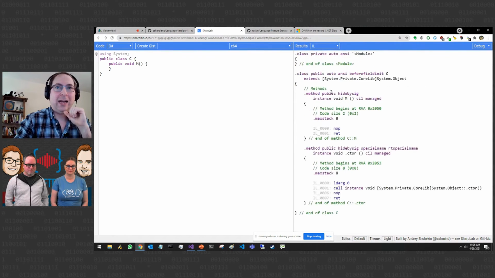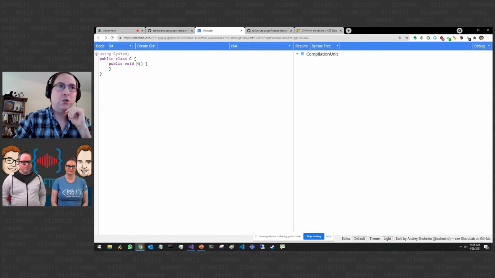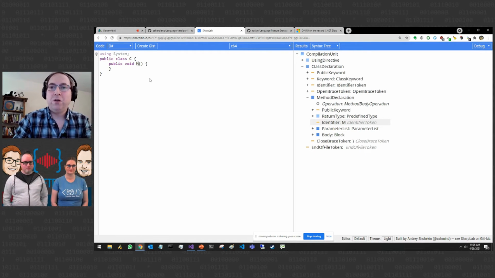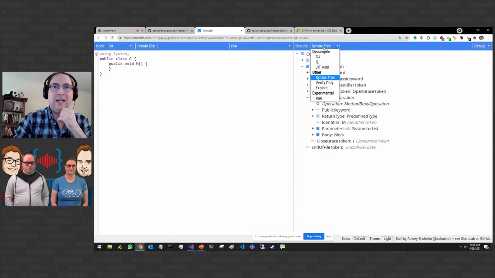It can show you the IL. This is where I would go and check those kind of situations that I mentioned. You can see the syntax tree, which is useful. For example, if you're an analyzer author, you have to understand what the syntax looks like. This is a handy way to see what it's like, and you can even run the code and test it